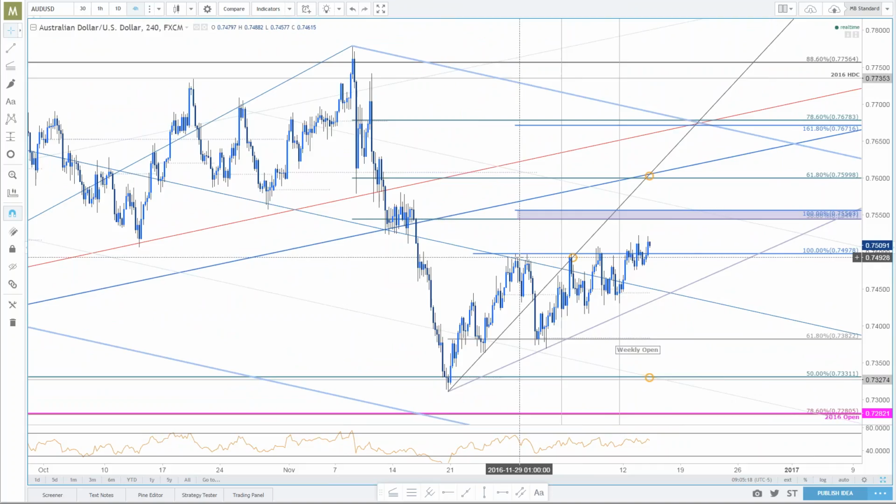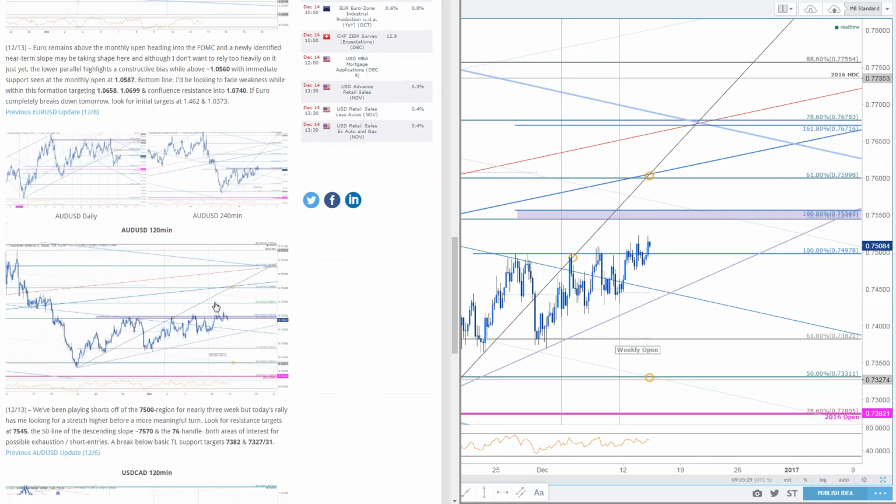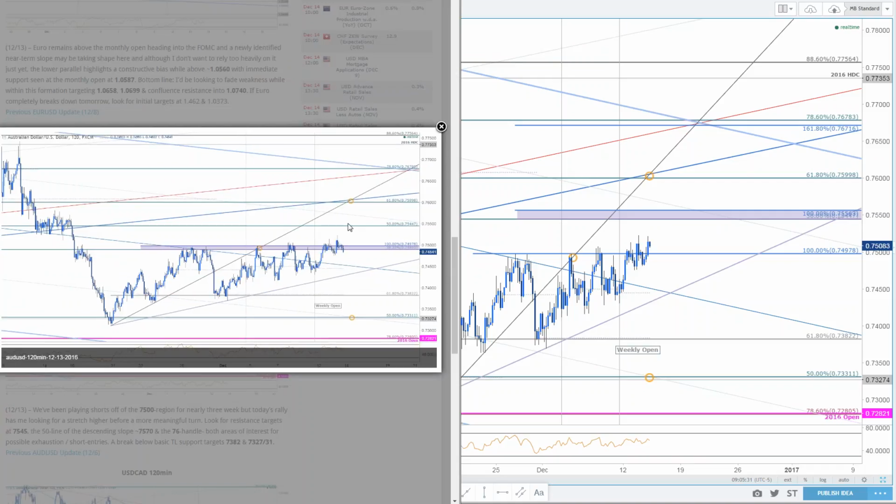So you can envision a scenario once again where this thing continues to drift higher, gets into that 50% target. Again, just to bring you back to last night's update for Aussie, that would get you into this 50% region right here. A little bit higher gives you the 100% extension, extends into 75.57, 75.45, with really the broader bearish